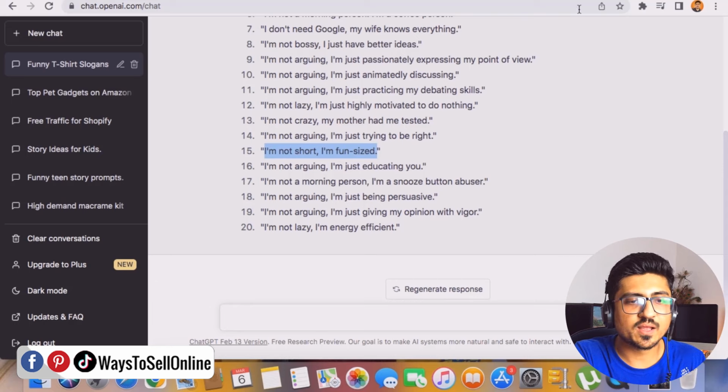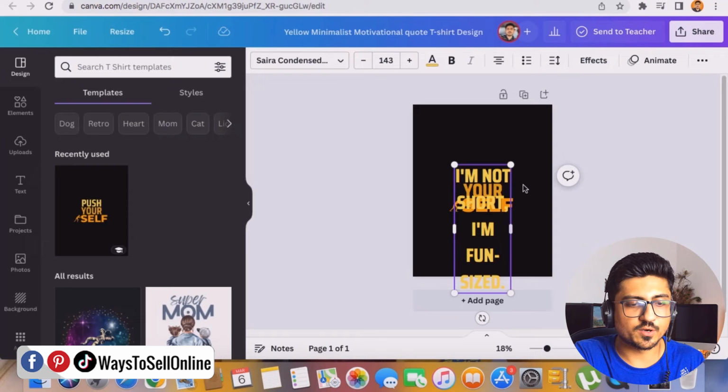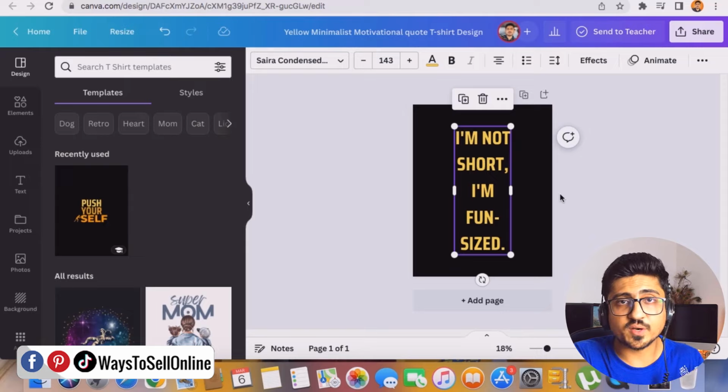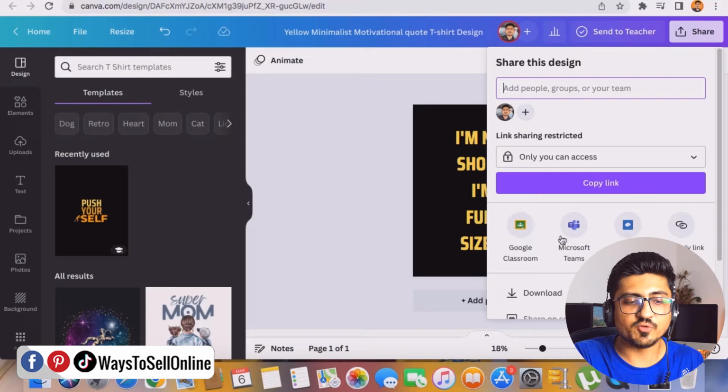So we can copy that, go on Canva, click on edit and place it here. Delete that one, delete that one. This is a cool design which we have just created in 1 minute. We found a slogan from ChatGPT, "I'm not short, I'm fun sized," and here we have our design ready. From Canva, we can click on this share button,